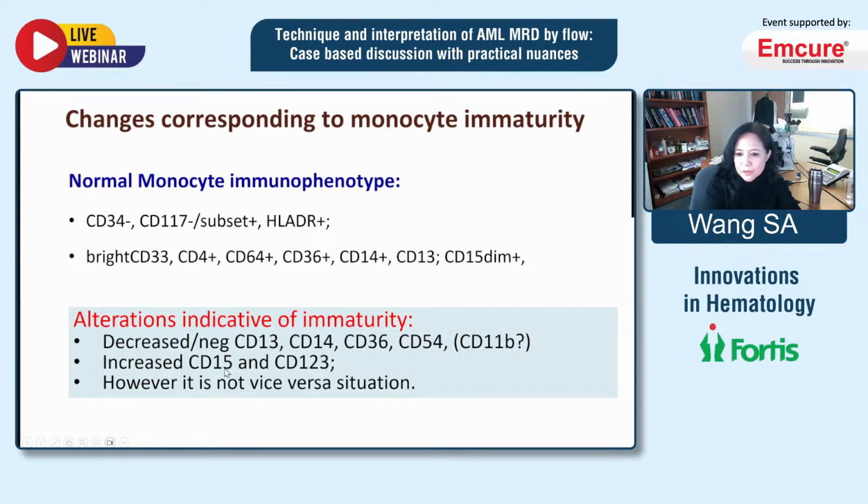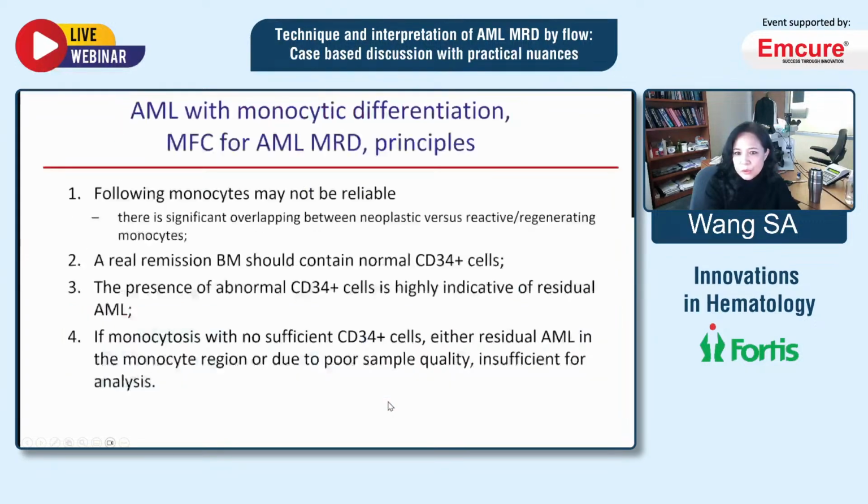What does it mean? If you see a completely mature immunophenotype, it does not mean your monocytes are mature, right? So this is very important to remember. Before venetoclax treatment, we always educated our faculties that following monocytes is not reliable, because there's a lot of overlapping between neoplastic versus reactive regenerative